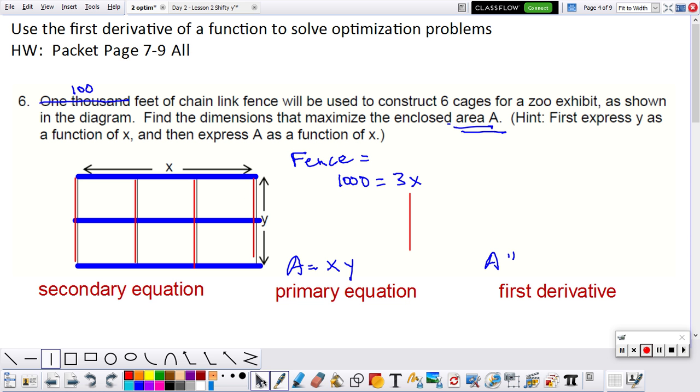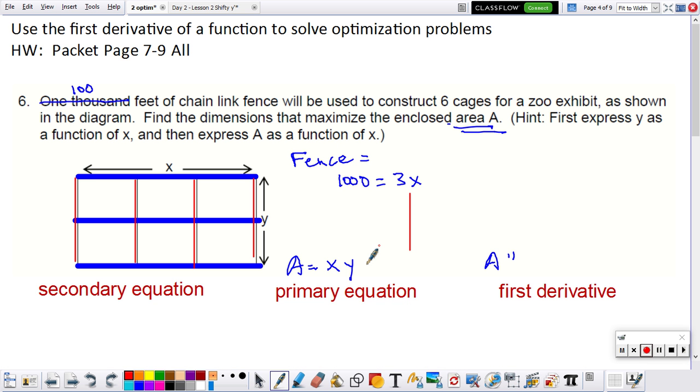So it's going to be 3X plus 4Y. So now if we solve this for Y, subtract, so we've got 1,000 minus 3X equals 4Y,